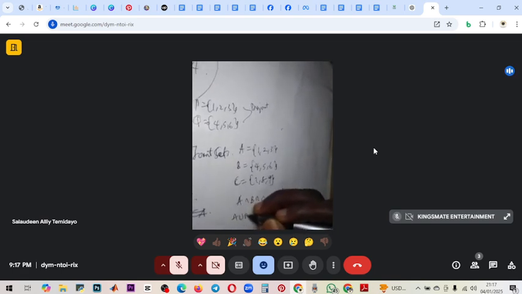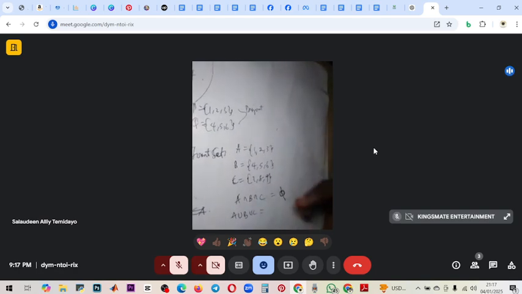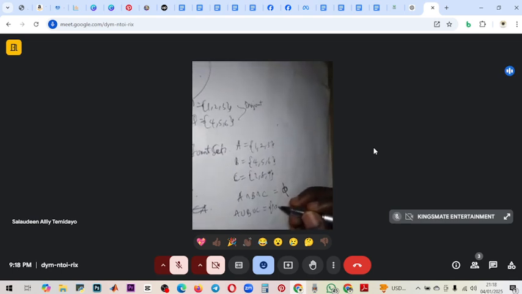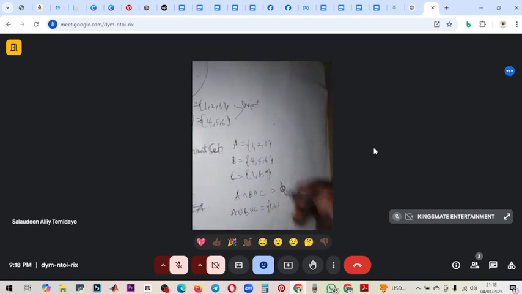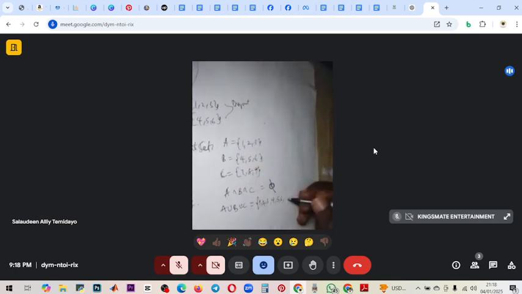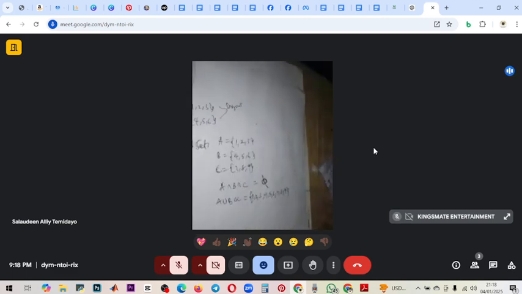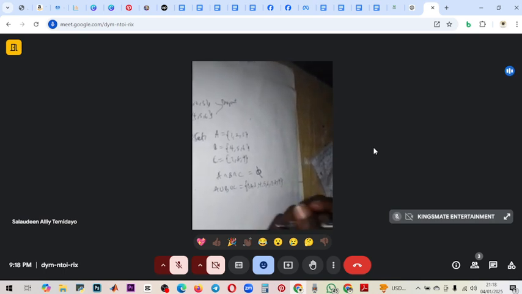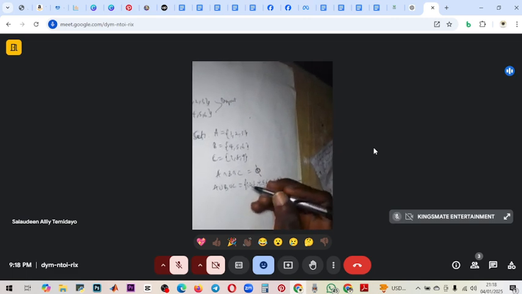A union B union C means everything inside the three of them together. That is going to be 1, 2, 3. B is what? 4, 5, 6, right? C is what? 7, 8, 9. So if I say this is a set consisting of all natural numbers,